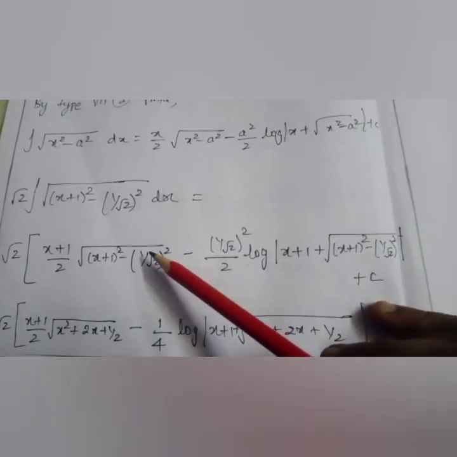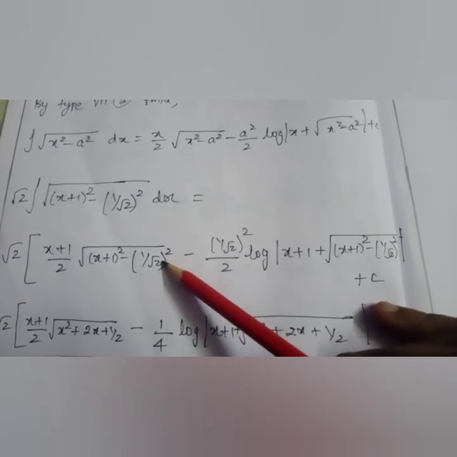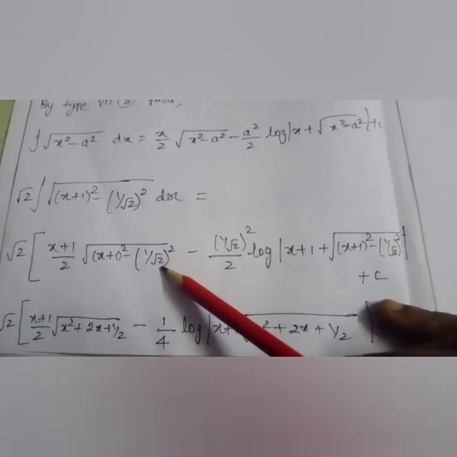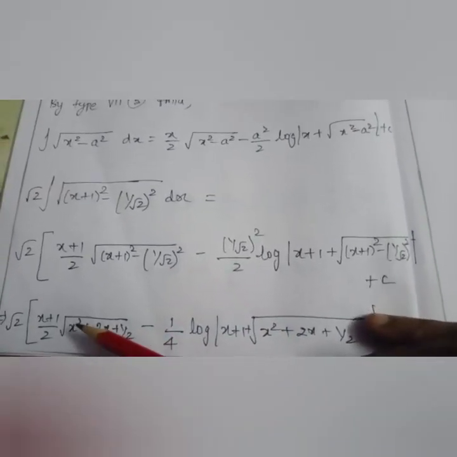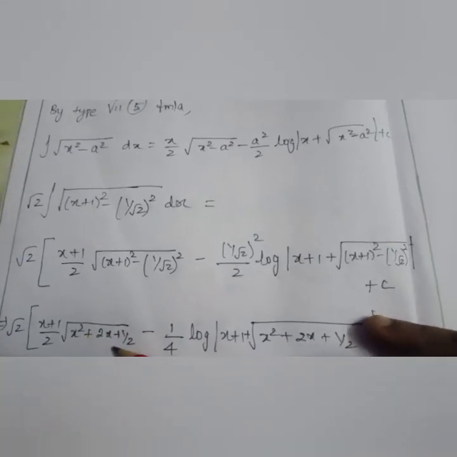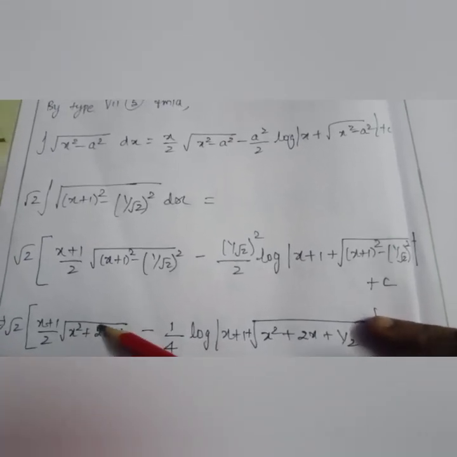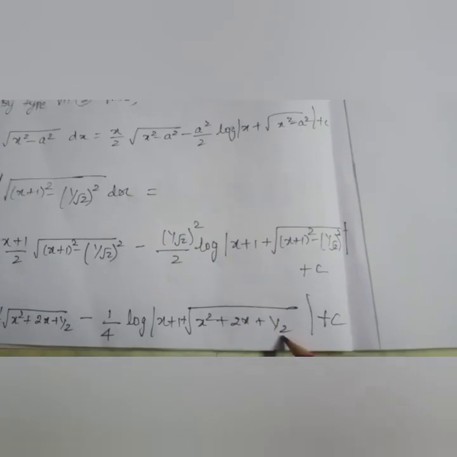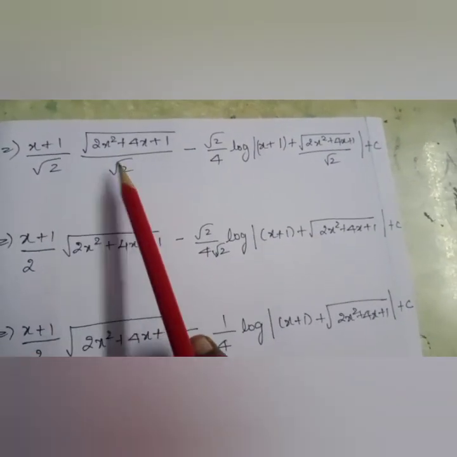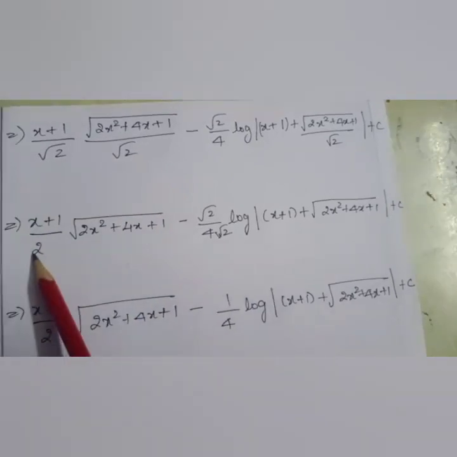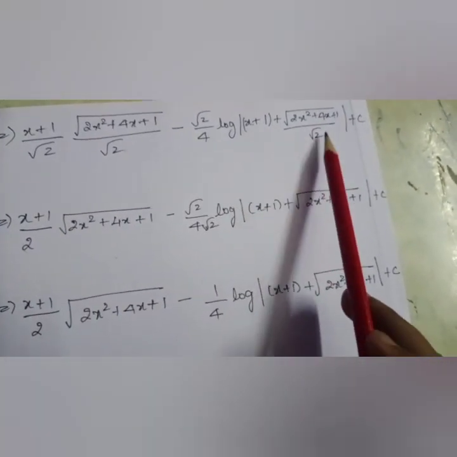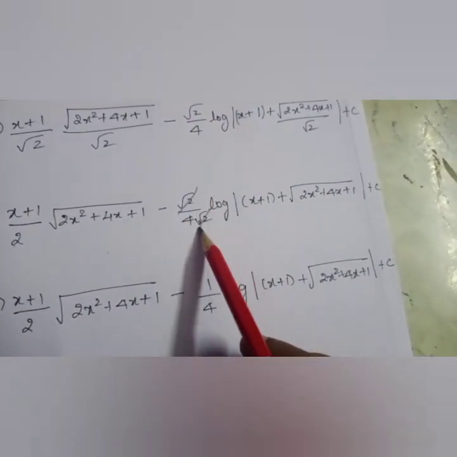Now I will take LCM. What is 1 by root 2 the whole square? It is nothing but 1 by 2. So this will become, if I take LCM, 2 will go this side and I will have a root 2 over here, because root is common for the denominator also, and here also the same thing. So now I am having root 2 root 2. So root 2 into root 2 will become 2 in the next step, and here this root 2 and root 2 will get cancelled. See here, it will get cancelled.